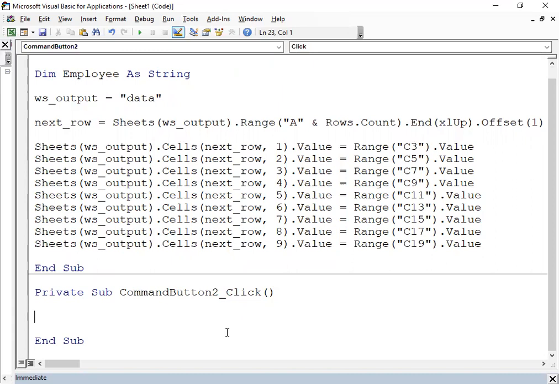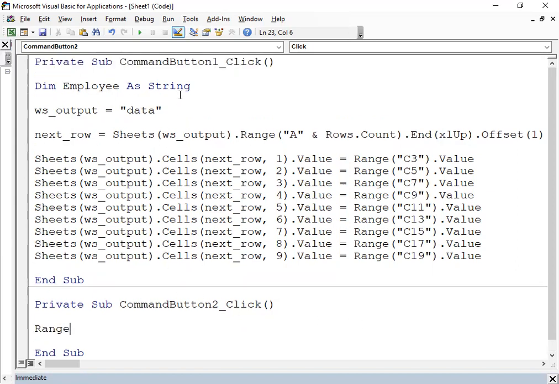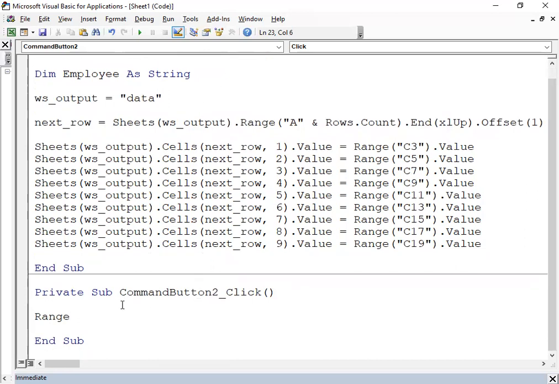So we're going to start with range. This is another macro. Okay, the first macro that we have is for the adding of record. This one, command button 1, then the command button 2. Okay, so range is,